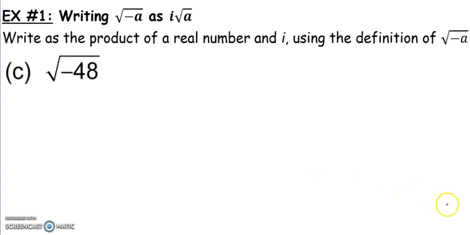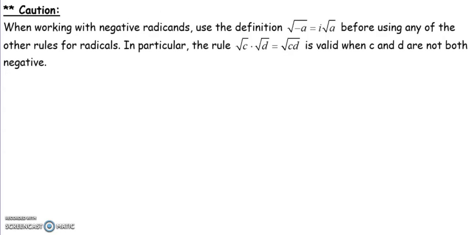Alrighty. So as a general reminder, and I'm going to talk about this again in the next video, when we work with negative radicands, before I do any work with the radical, do this rule first. I can't do any of the rules until I take out the i. So in particular, the rule square root of C times the square root of D, we have to do our i's first. Here's why. If I take the square root of negative C and I'm going to multiply that by the square root of negative D,